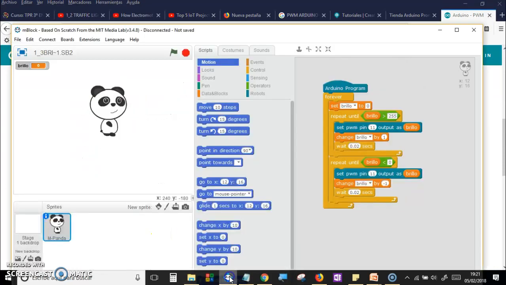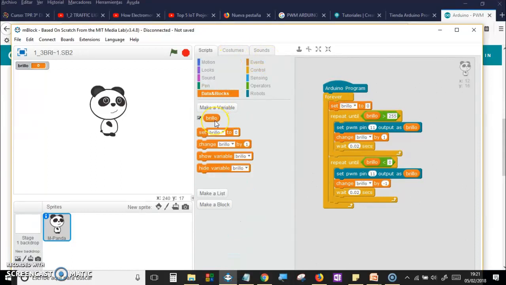So we are going to do our Arduino program. Forever, as you can see, set this variable, brillo, brightness, to 0. Repeat until brightness is greater than 255. Set the PWM pin 11, the PWM pins, you know that they are in Arduino the 11, 10, 9, 6, 5, and 3, as output as brillo, change brillo